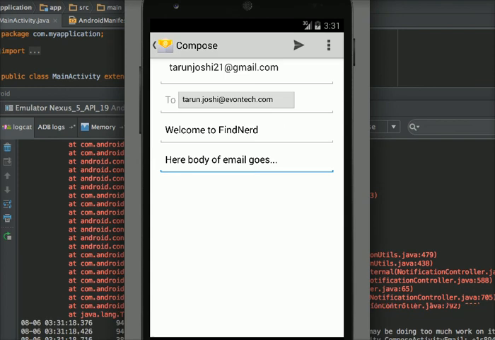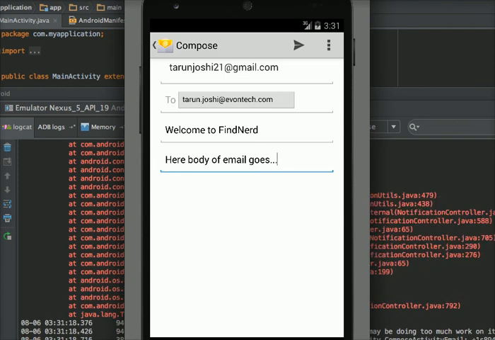Yeah, I have a button, send email. Now I'm clicking on this button. After clicking, you can see that an email client is open. Since I have only one client in my emulator, once you run this application in your phone, the phone will first ask you to select the email client of your choice.